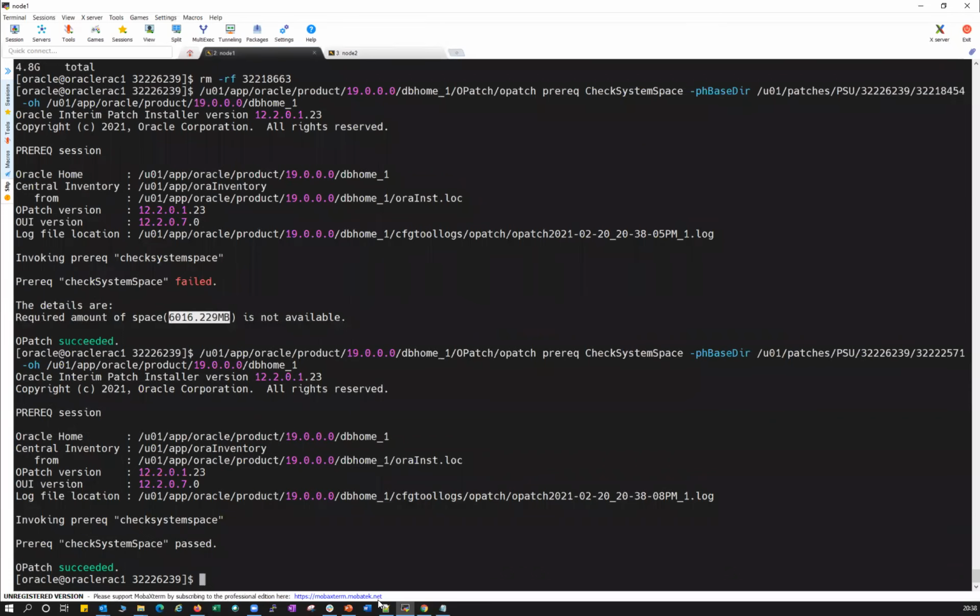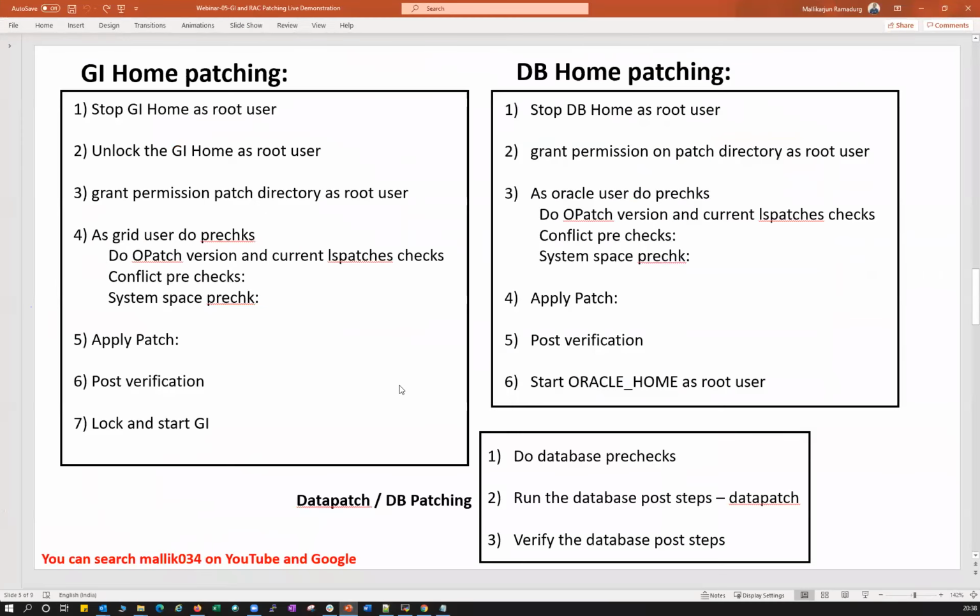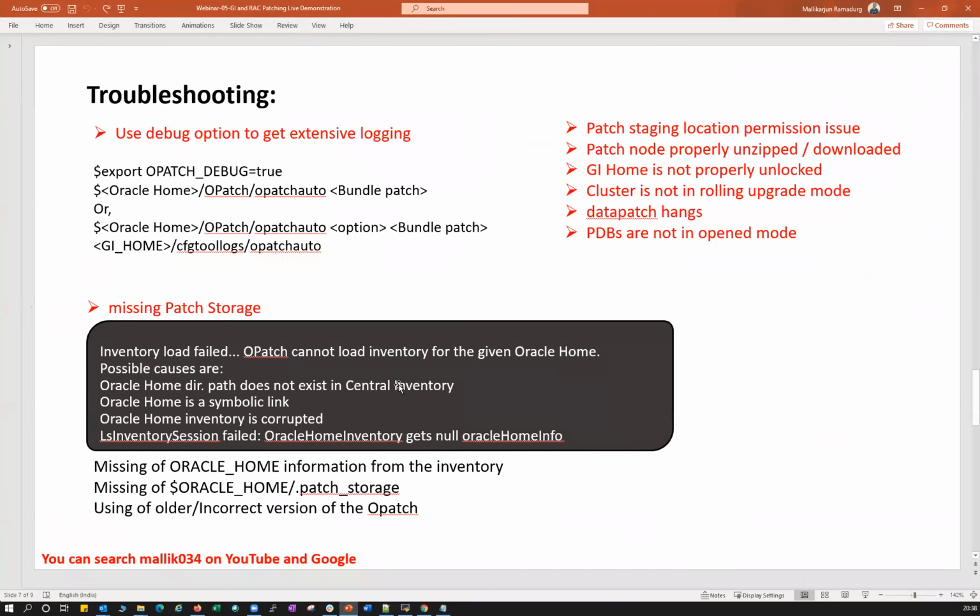We're running out of time, so we will quickly stop here for this patching exercise because it's time consuming, and we'll continue with the other slides I wanted to show you, the troubleshooting. If no questions, I will just quickly touch on the troubleshooting part.